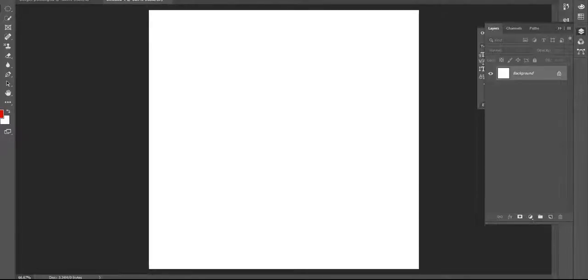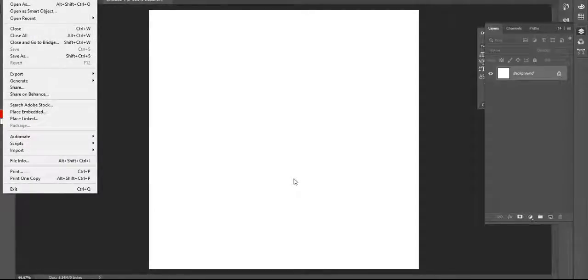So first what I do, I go to File. I want to import some images. In Photoshop, you have to go to the File menu. In the File menu, there is an option called Place Embedded. I am using Photoshop 2019 version. I think this is the latest version right now. If you have a lower version, don't worry, the same option is there also. If you want to import some images into your canvas, you have to go to the File menu and find the option called Place Embedded.